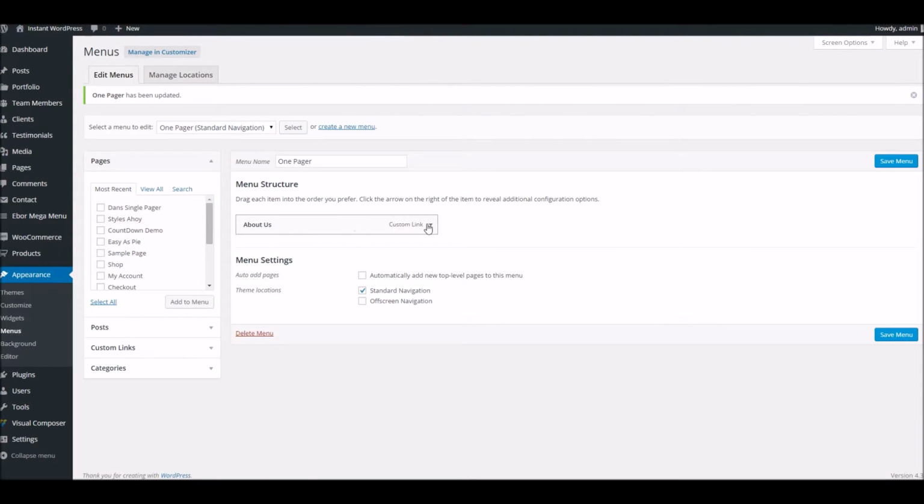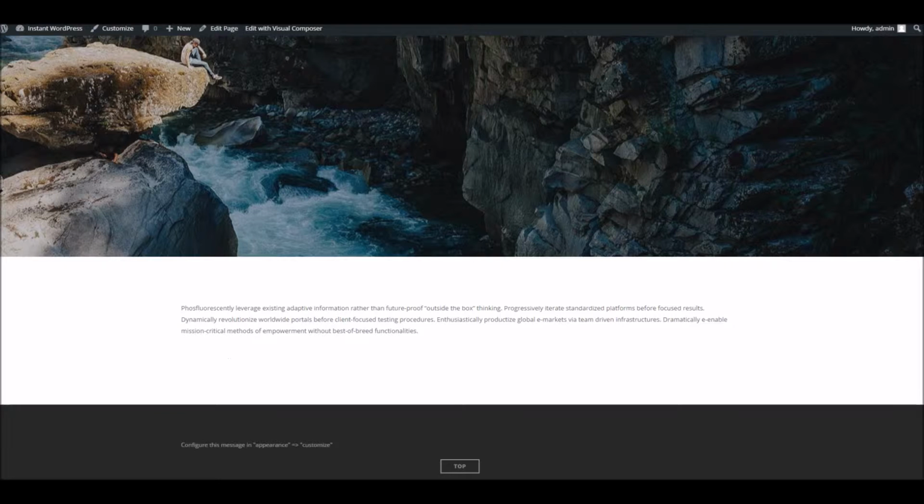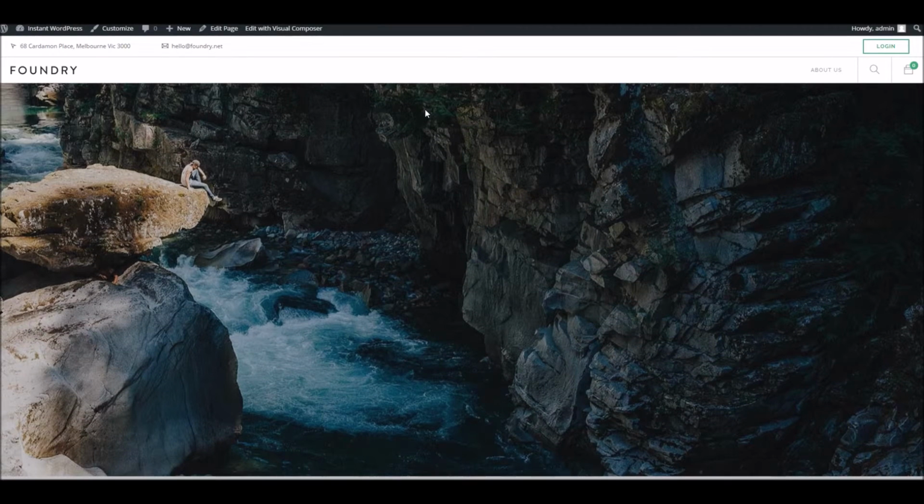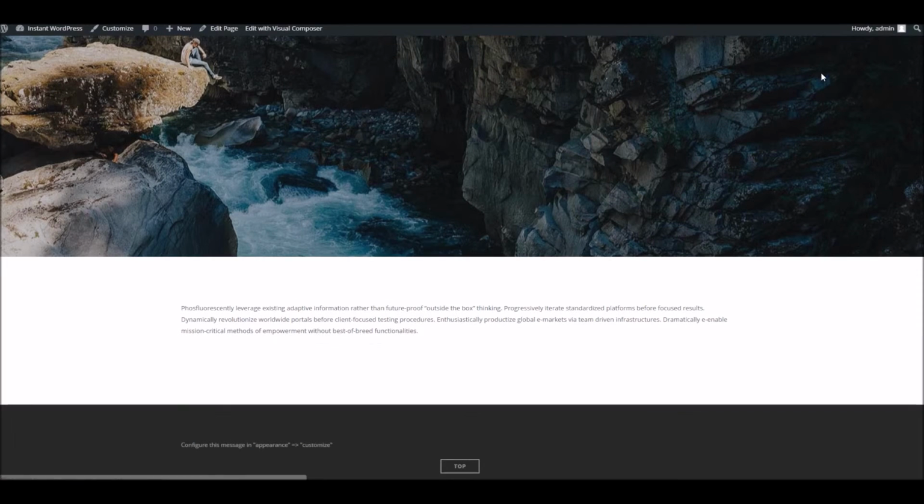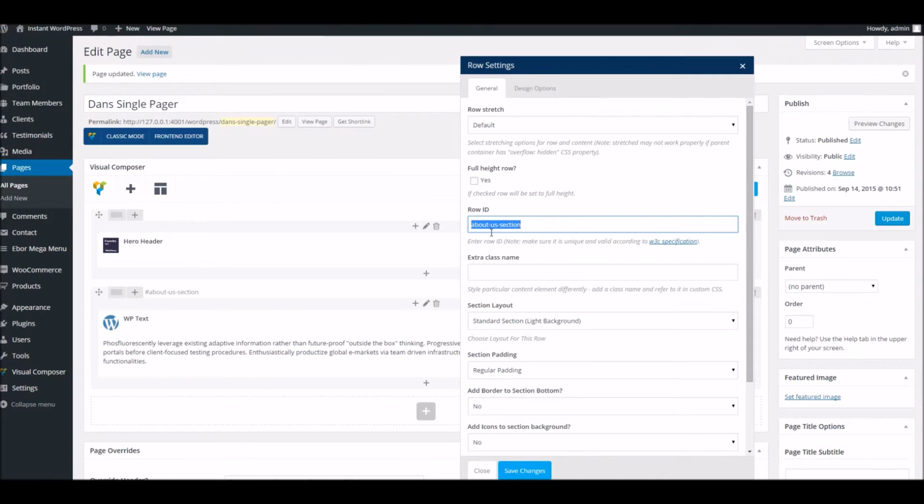Okay, so we've got our custom menu item. The URL is linking to the ID we've given the row, and let's take a look at the front end again and see what that gives us. As you can see there, our new menu item has appeared, and when we click on that, it scrolls down to the area. Now we're going to continue adding some bits and bobs in so you can see the effect in full. So to start with,